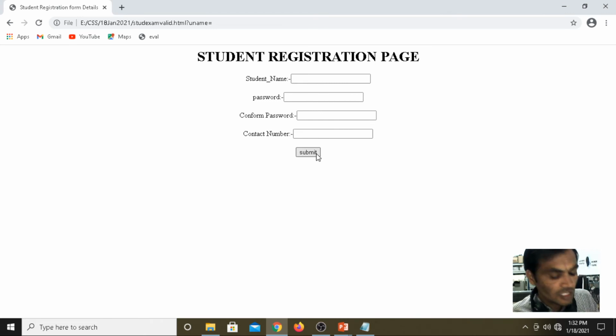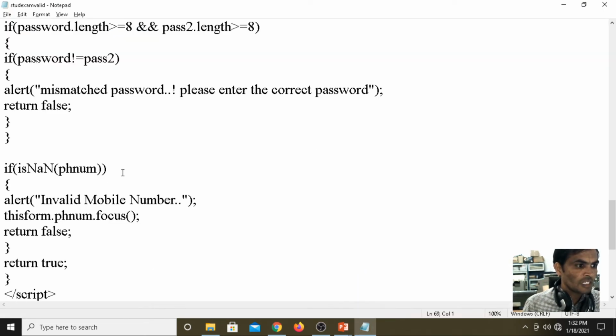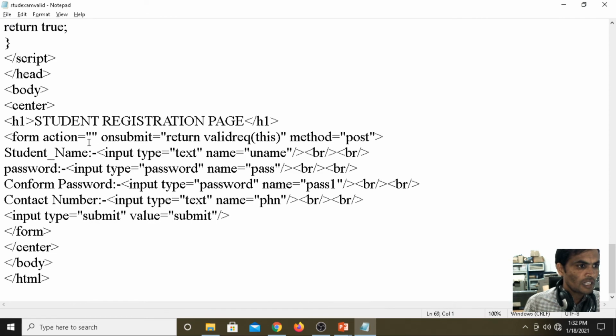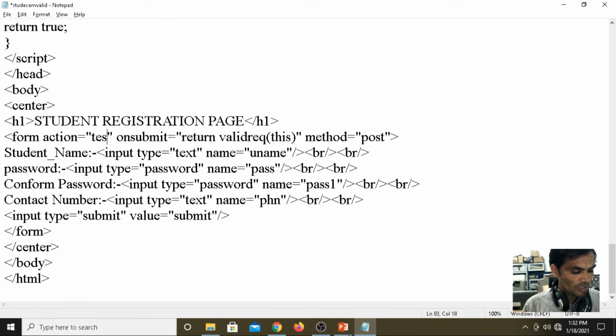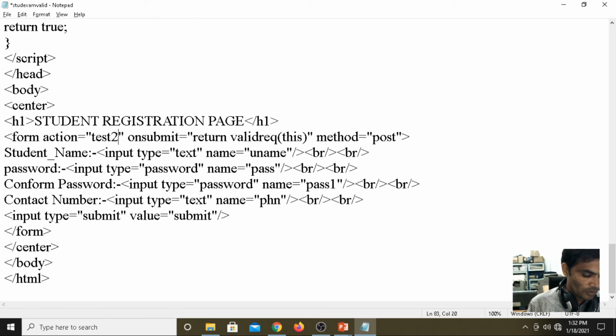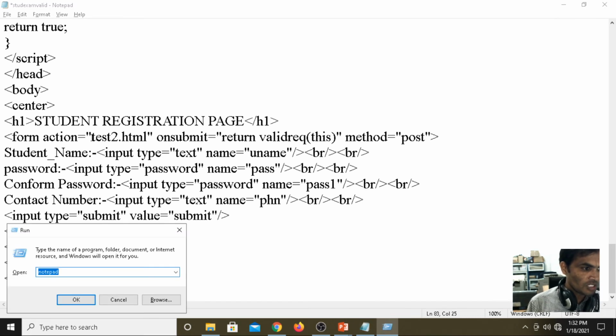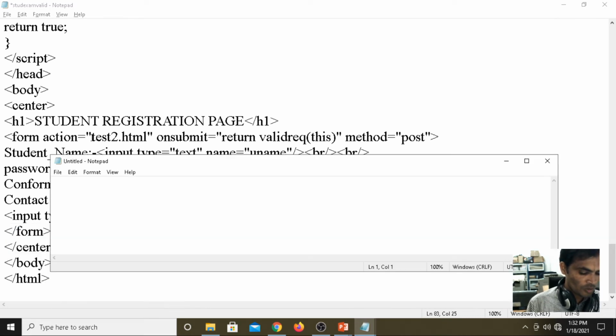Means when you click the submit button, under the action attribute, I am writing one more simple sample example, test2.html. Now I am opening Notepad. Under Notepad, h1, for your application,